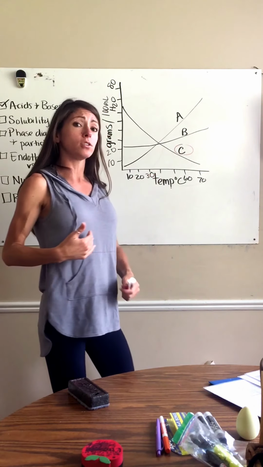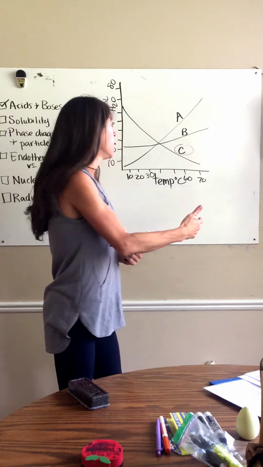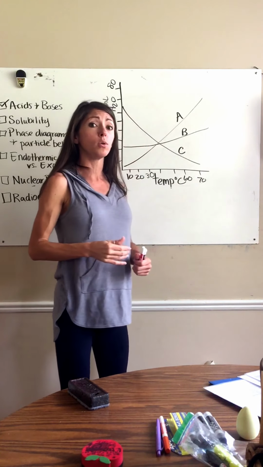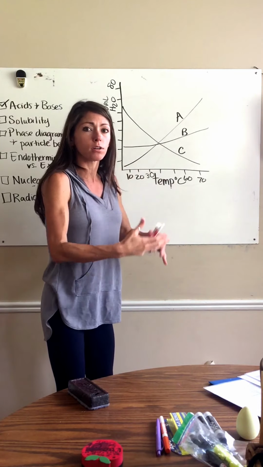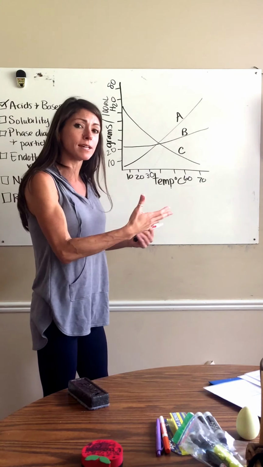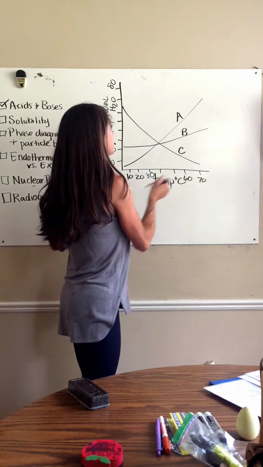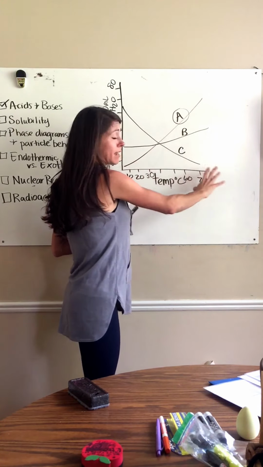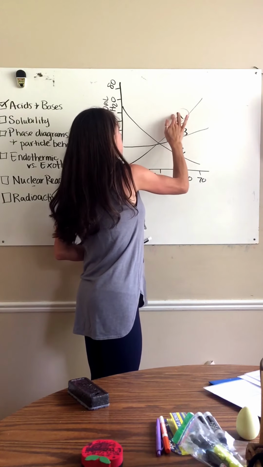Now, in contrast to that question, I could say, of the three chemicals, which one seems to dissolve better, or its solubility increases as temperature increases? And that would be chemical A. You can see that chemical A's solubility is actually increasing as we increase temperature. All right, now